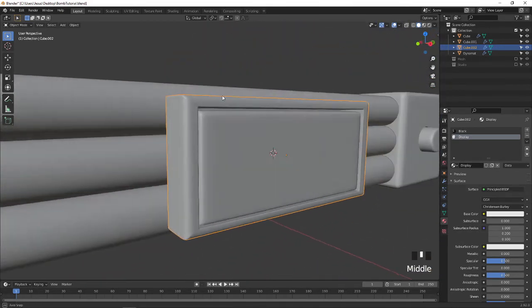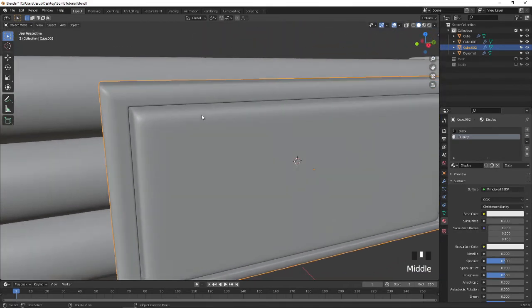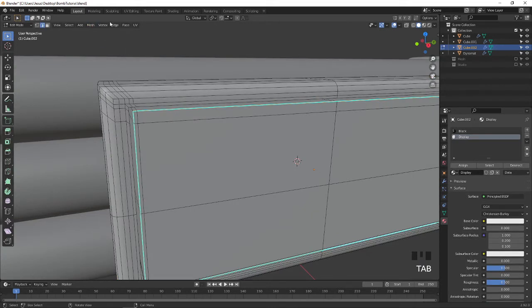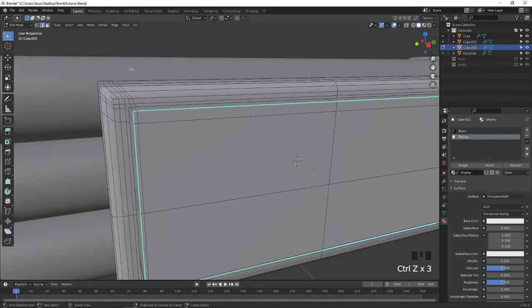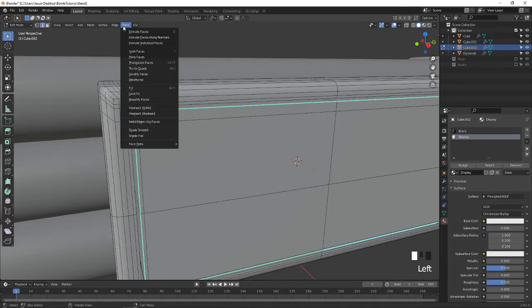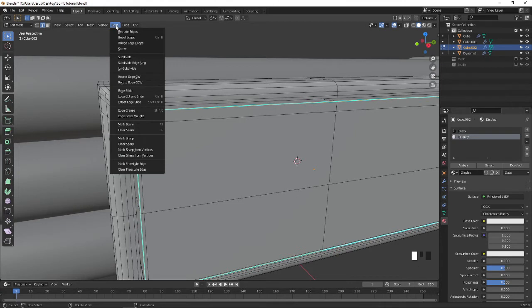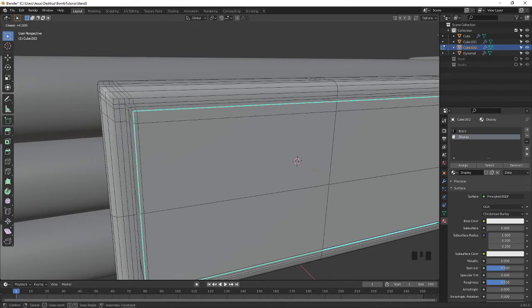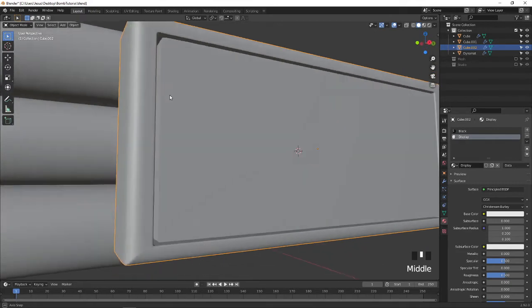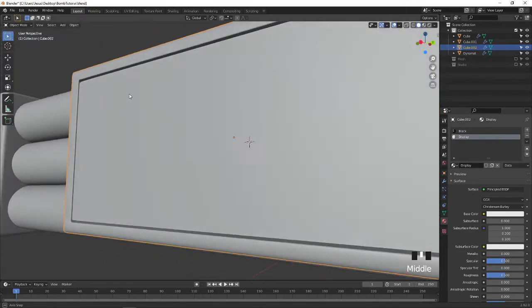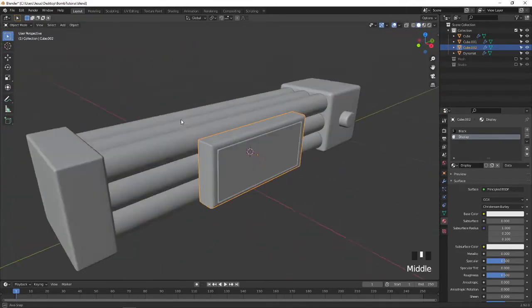Now this corner looks sharp and we are going to apply a crease for this. You can go to Edge, Edge Crease and make it 1, press 1 on the keyboard and press enter, and go back to object mode, and you can see the display is looking very nice.